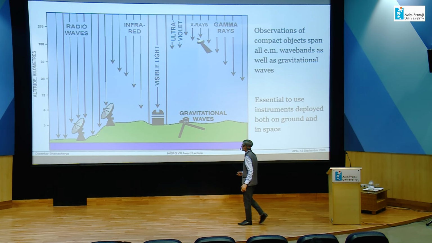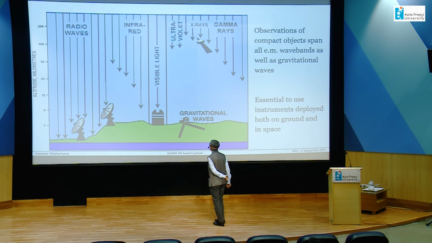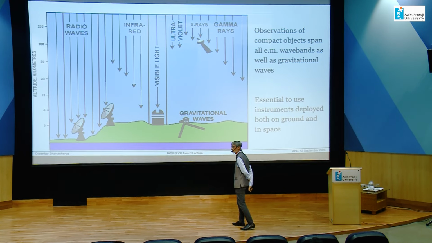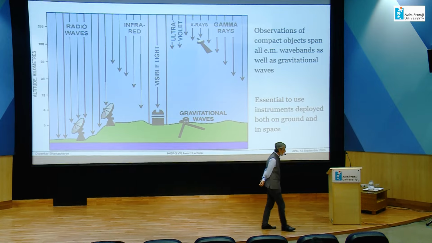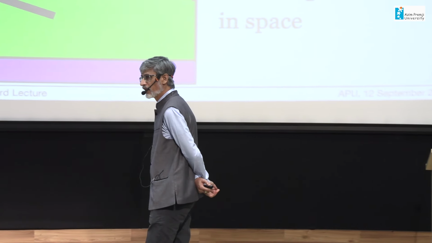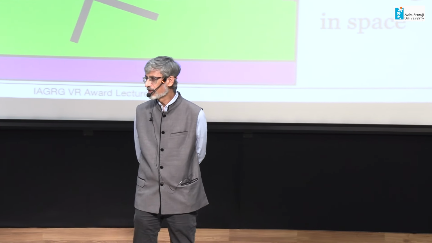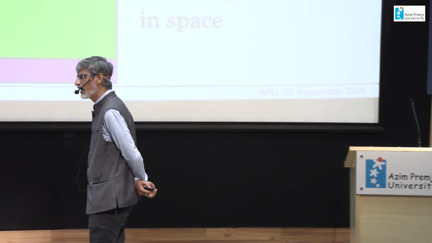So the two windows in which we do have ground-based electromagnetic observatories are radio and optical, where radiation does reach the ground. But in all these other bands, in the infrared, ultraviolet, X-rays, gamma rays, we have to put detectors well above the atmosphere. And these days, we just build satellites, put detectors on them, and launch them in a rocket, and they stay up in orbit for a long while and allow us a platform to observe.